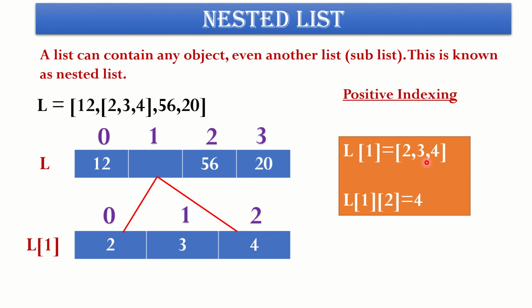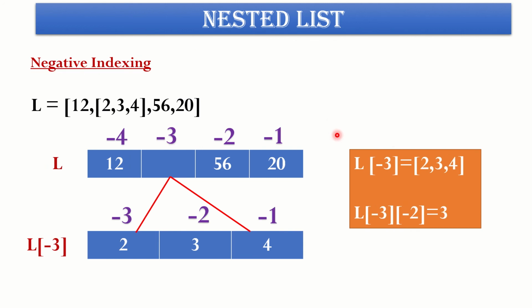And if I want to access specific elements of L of 1, I again give another index position. So if I give L1 of 2, I will get 4. So this is L of 1, that is 2, 3 and 4, and second, that is 4. If I give L1 0, so L of 1 would be again this position 2, 3 and 4, and 0 would be this 2.